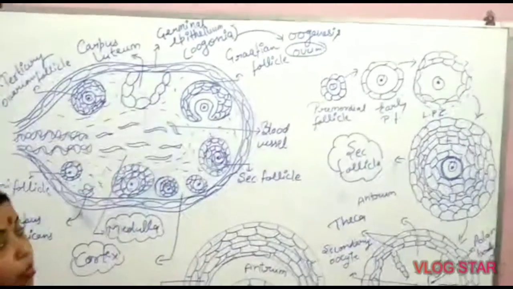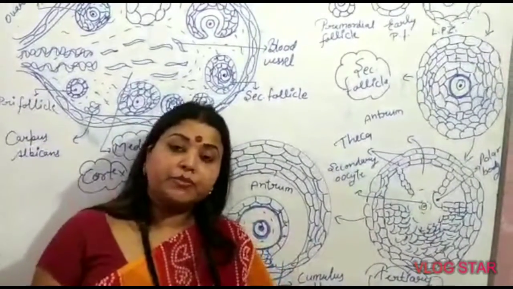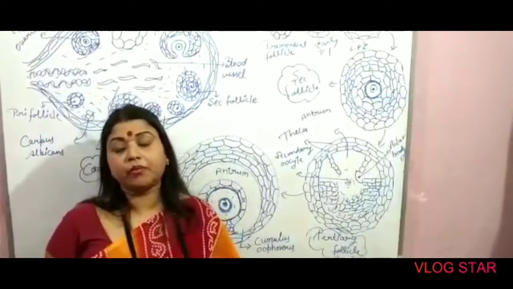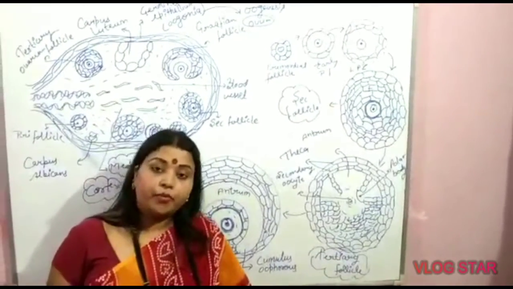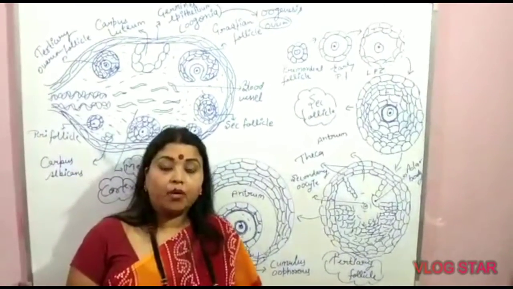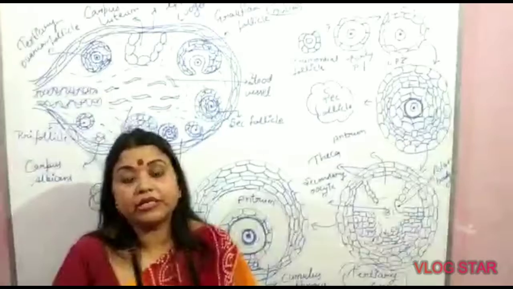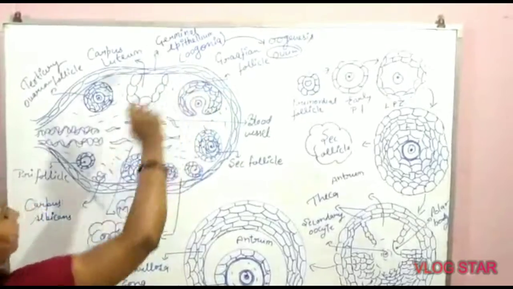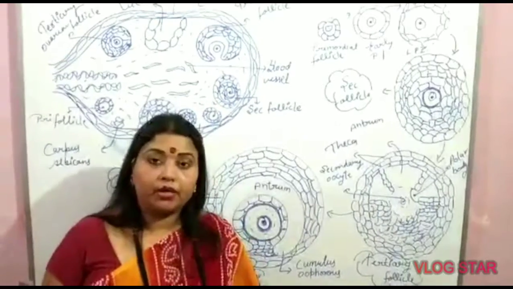First of all, the oogonia develop by meiotic division, and all these events, the developing of oogonia, occur inside the human. This is the main difference between human male and human female. In human male, spermatogenesis takes place at the time of puberty, while in human female, oogenesis takes place during fetus development, before the birth of the female child. So these oogonia develop during fetus development and they divide meiotically.